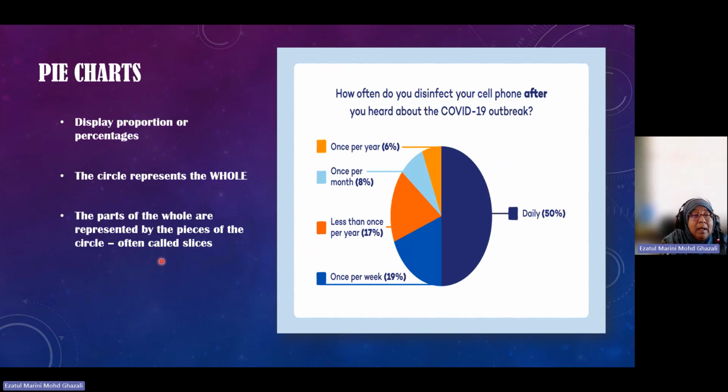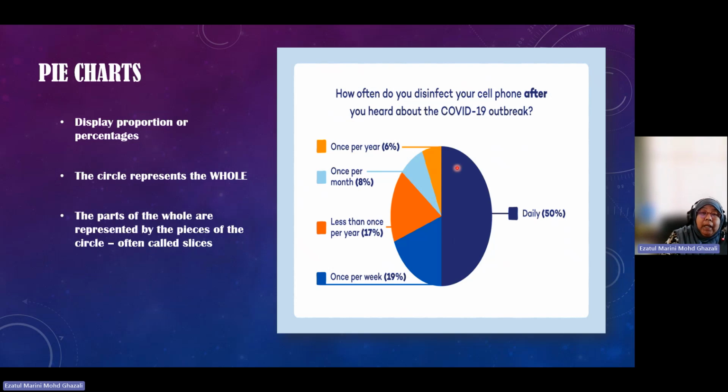Okay, the circle chart. So pie chart displays proportions or percentages. Right. We seldom talk about numbers in the sense of how many. All right, and the circle represents the whole. And I would like to bring your attention to when you are using a pie chart, you can only discuss one area, I mean one thing, right? And the parts of the whole are represented by the pieces of the circle, okay, the slices,